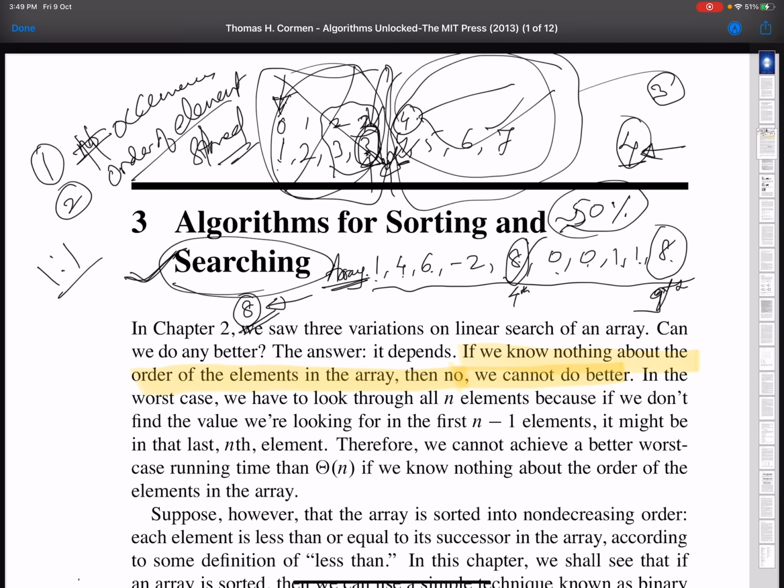Suppose someone says, I am interested in dividing our array in, let's say, a 1/3 to 2/3 split. So this is my 2/3 part, and this is my 1/3 part. So what is the benefit in that?